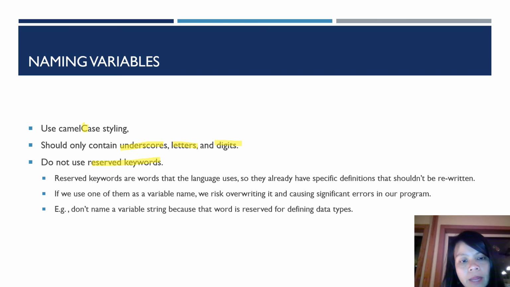So for example, don't name a variable string. Okay, so string is an example of a keyword, right? Because the word string is reserved for defining data types. So just make sure that you are aware of what the keywords are and don't use keywords to name